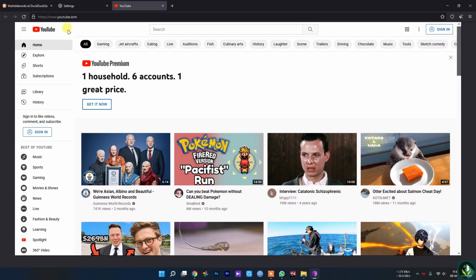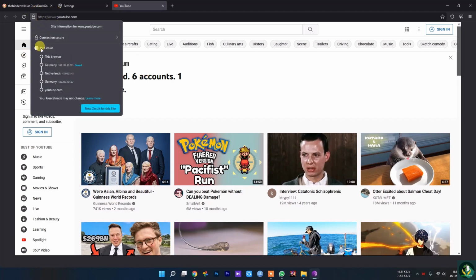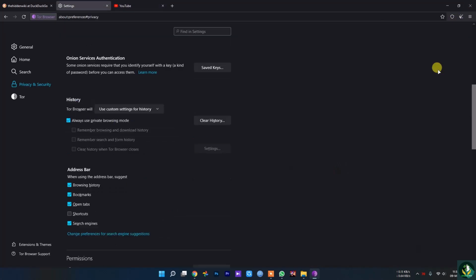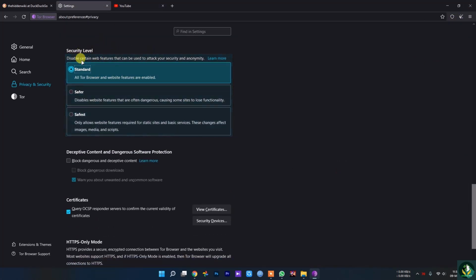If you focus on the top Tor circuits, it gives you a visual representation of the chain of nodes being used. If you go to security settings, that's the security level, and you can set it to medium, low, or safest.